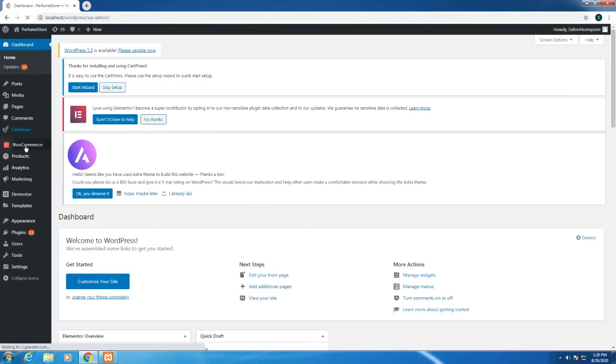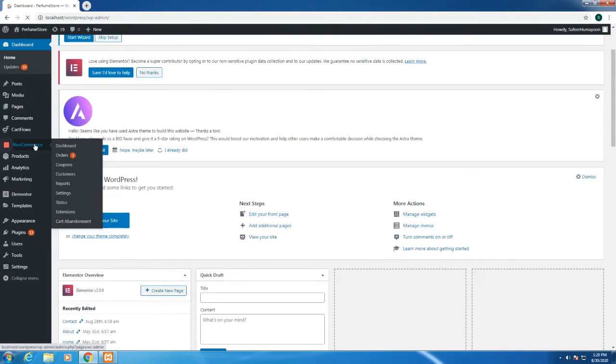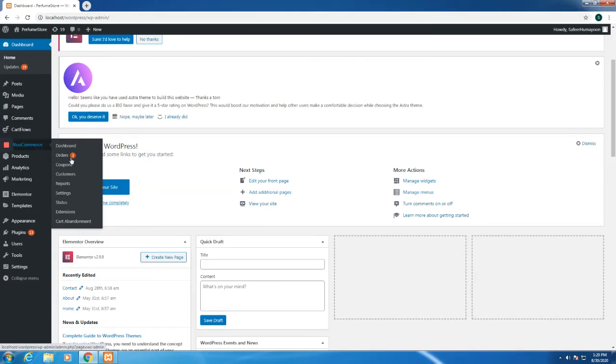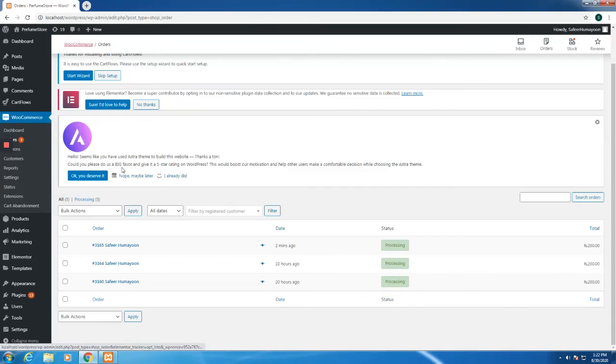So over here, if we go to WooCommerce orders, we can see how the admin would manage the orders. So these are basically the orders that the customers have made. I just made an order 2 minutes ago. Now the admin can check out what he wants to do with the orders. He can change the status of these orders to processing, or to on hold, or to completed, or he can move the orders to trash, and then you can delete the orders permanently.